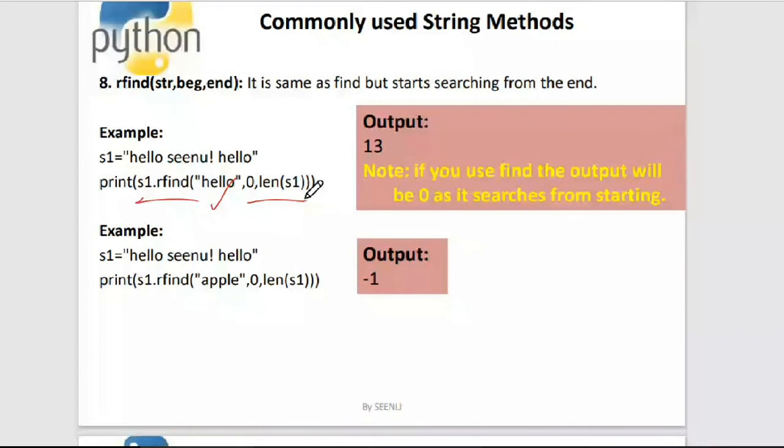It is searching from the end. If you use find, it will give 0, but since I want to search from the end, H is at the 13th position, so it will return this hello's index number. So rfind is that. Is it clear?